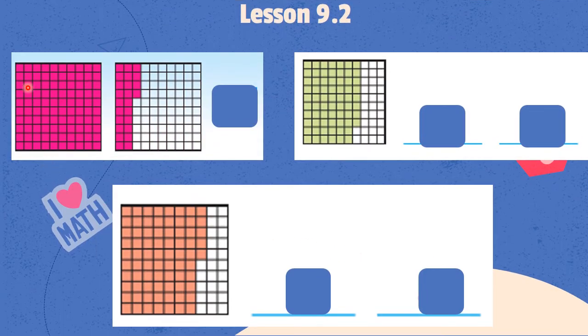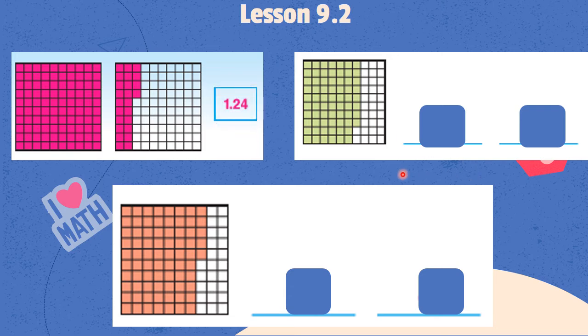Here, we have 1 as a whole, and then 10, 20, because of the line, the whole line. So we have 1 as a whole, 10, 20, 21, 22, 23, 24. So we have 1 and 24 over 100. So we have